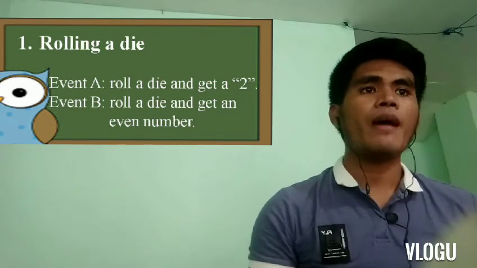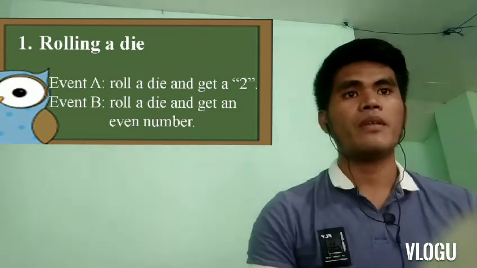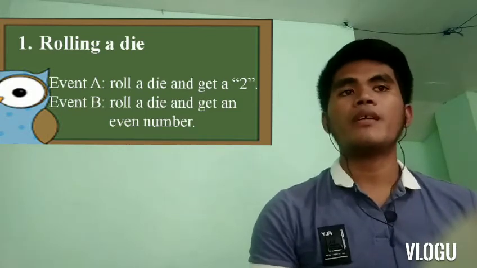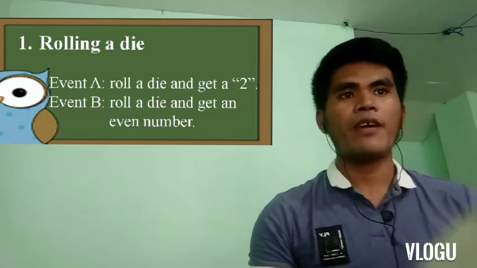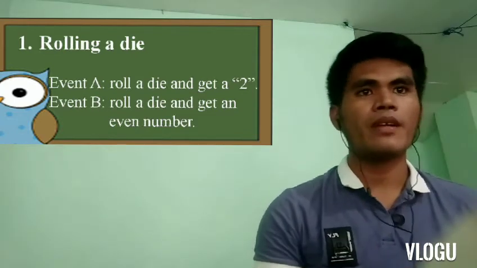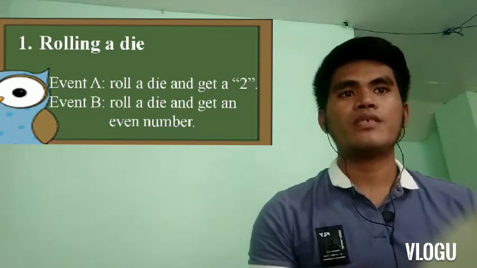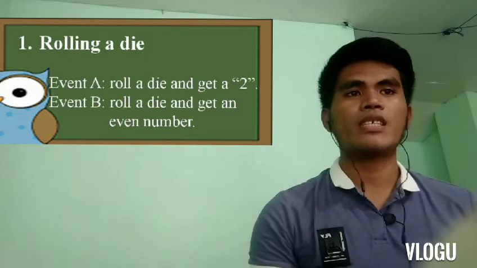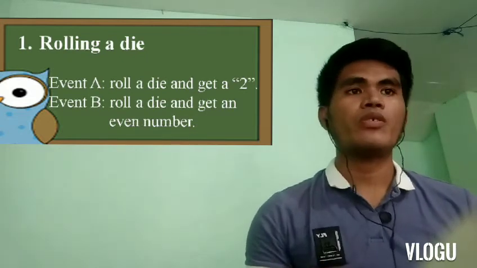Since 2 is an even number, event A and event B can happen at the same time. 2 is even, and event B is even, and event A is 2. So